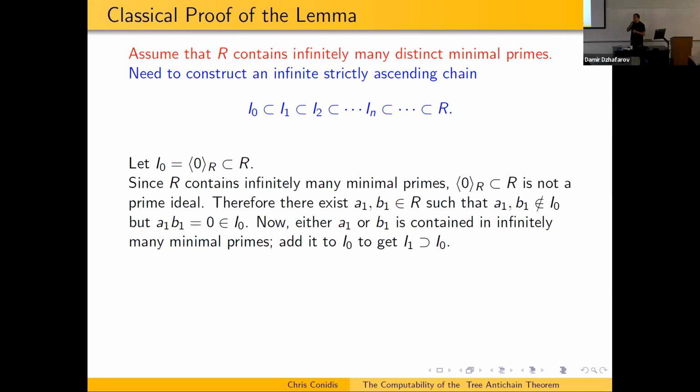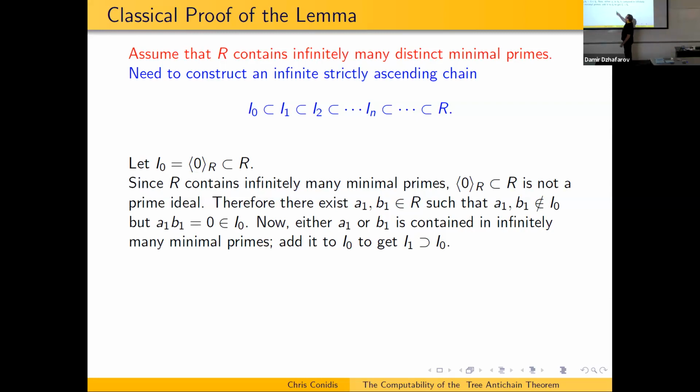All right, so you start with zero, just start with the zero ideal. Well, what are we assuming about a ring? A ring has infinitely many minimal prime ideals. I mentioned earlier that zero counts as a potential minimal prime ideal, but since our ring has infinitely many of these things, zero can't be a minimal prime. So this zero ideal can't be prime, which means that it violates the definition of primeness,